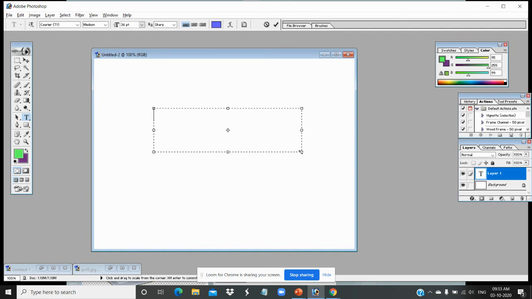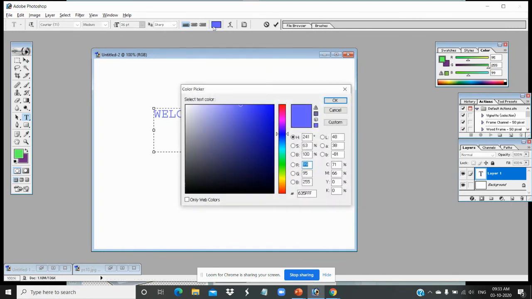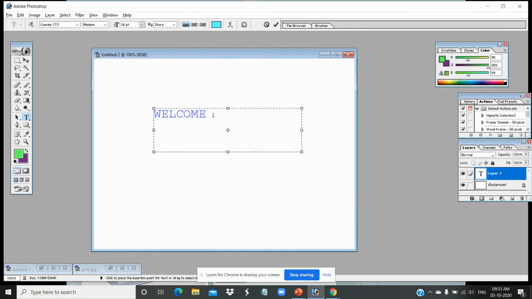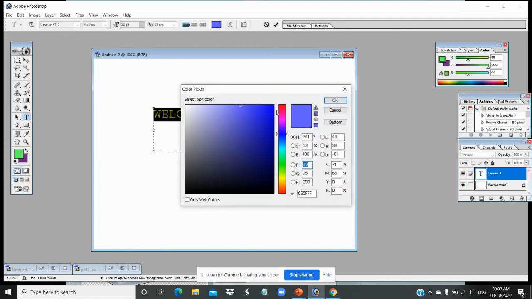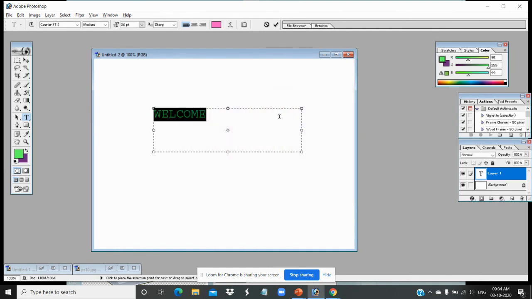I'm giving welcome. You can change this text color here. You can give some other color also. Select the text, change the color, give OK. So the text color will be changed.